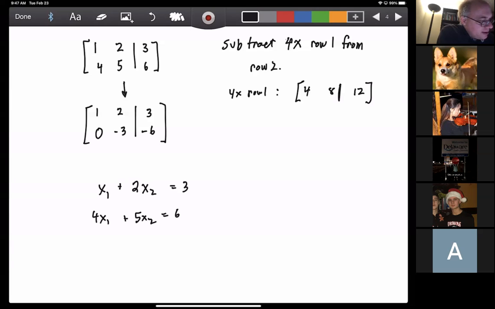Right, so the augmented matrix we have corresponds to these two systems, these two equations. Do you see that? Yep. Okay, so our criteria for the RREF form is that